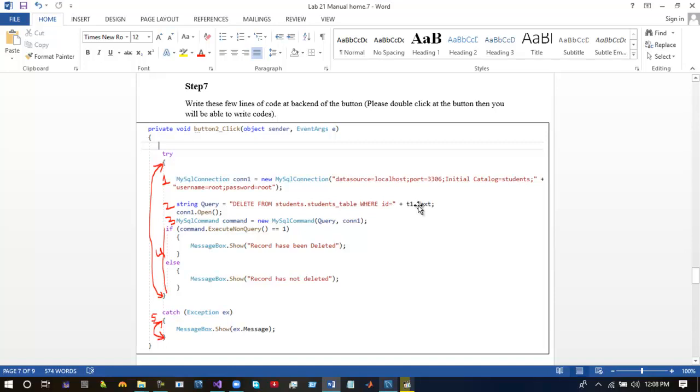Then con1.Open opens the connection, and the command will take the query, execute it, and perform the operation. Point number 4 represents the if else block, and in catch, the exception will catch the error.